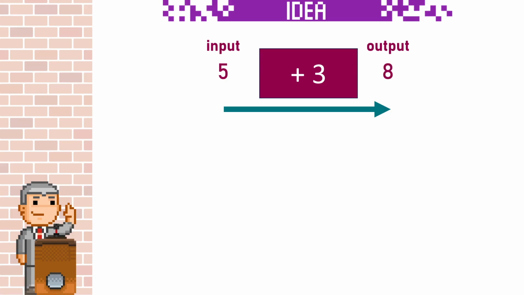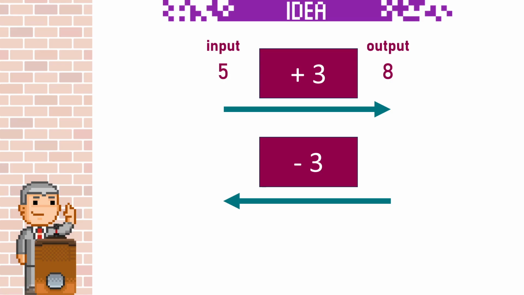output of 8. When we have an output and we need to find an input, we can find the inverse of the operation, the opposite of plus 3. The opposite of plus 3 is take away 3. So if we have an output of 10, we can take away 3 from it to find the